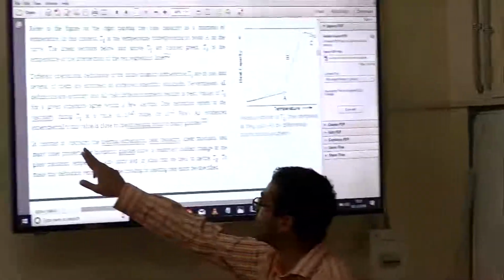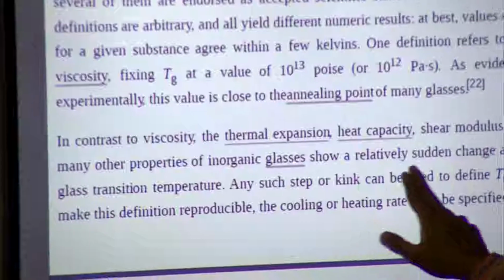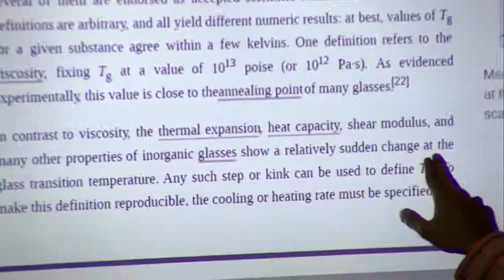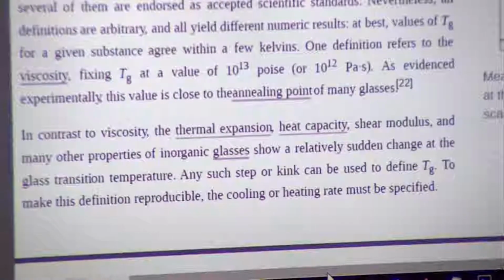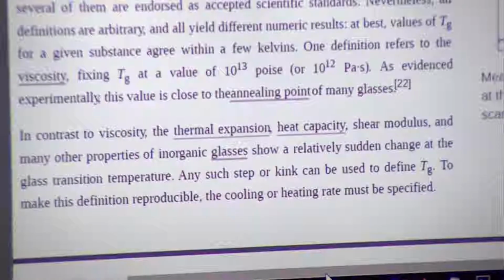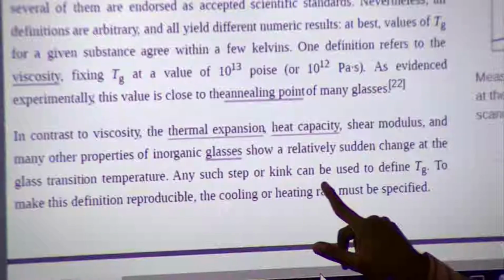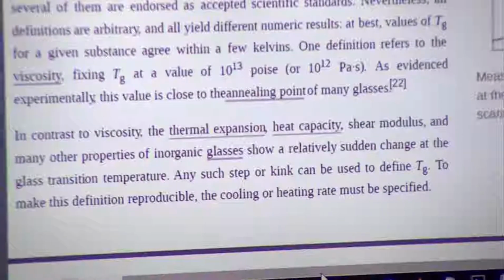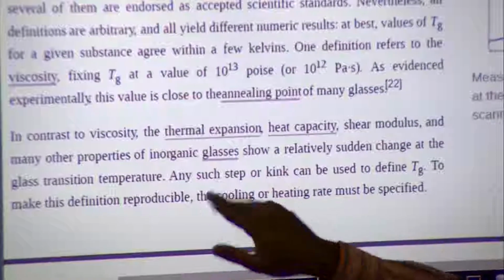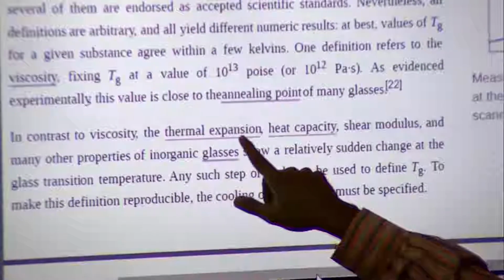In contrast to viscosity, the thermal expansion, heat capacity, shear modulus and many other properties show a relatively sudden change at the glass transition temperature. Any such step or kink can be used to define TG. This is interesting, you see. So, any such step or kink, that means it is essentially a change in derivative that they are actually looking for. And what they are saying is that the derivative changes tend to be much more dramatic when you are looking at this